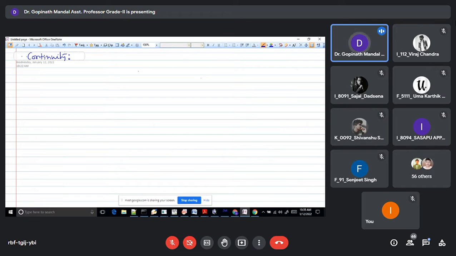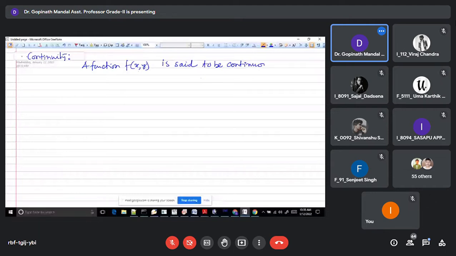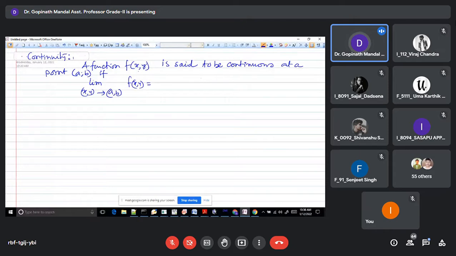Continuity of a function of two variables. A function f(x,y) of two variables is said to be continuous at a point (a,b) if the limit as (x,y) tends to (a,b) of f(x,y) is equal to f(a,b). So if the limit as (x,y) tends to (a,b) of f(x,y) equals f(a,b), then the function will be continuous at